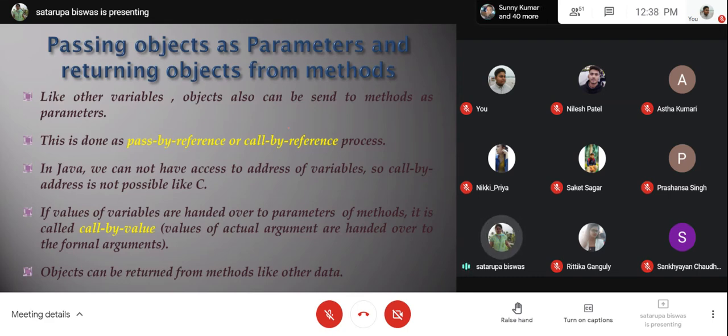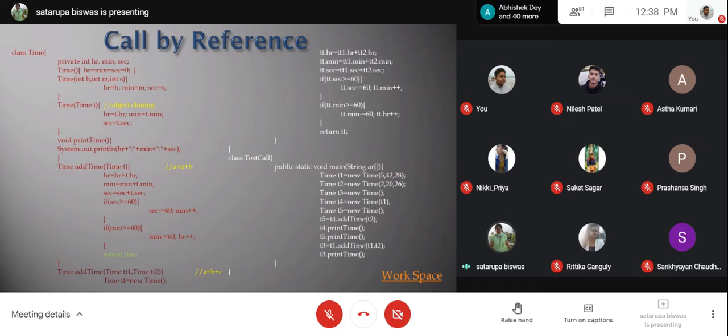Instead, we have access to the references of the object. And using the references, we can pass objects from one method to another. We can transfer objects from one method to another as per our requirement. So this is basically one example of pass by reference or call by reference, when you send the references from one function to another. So let us get an example.